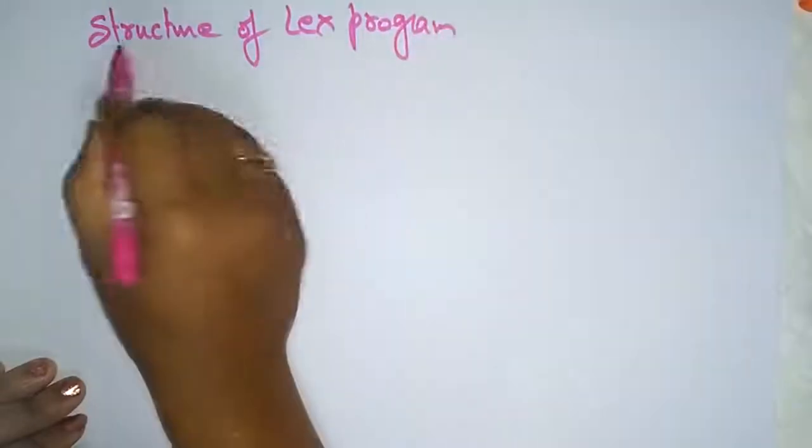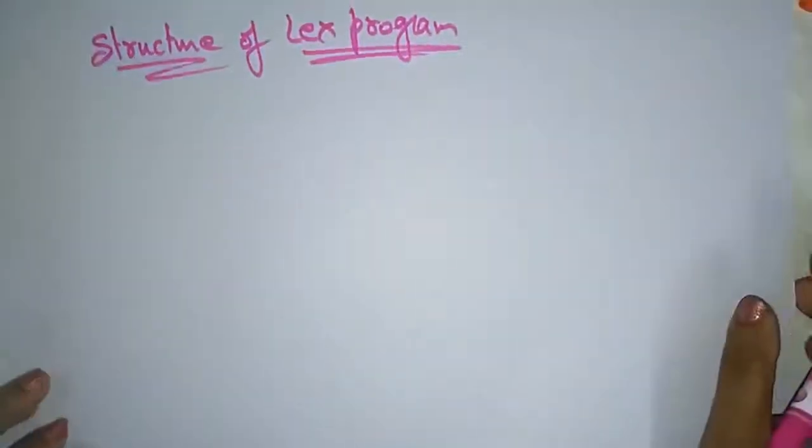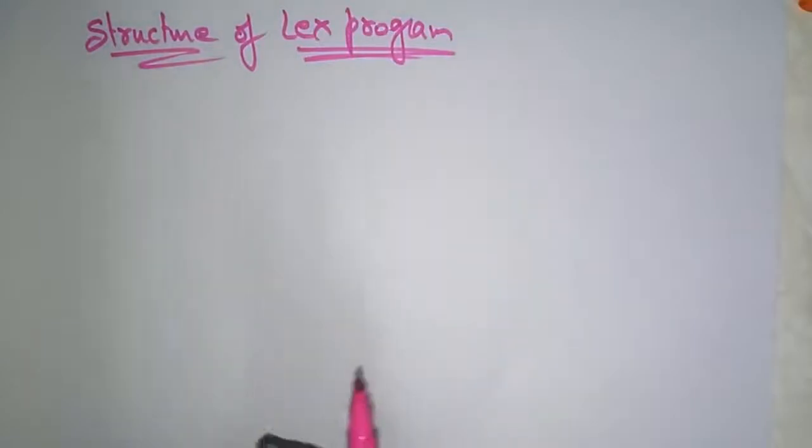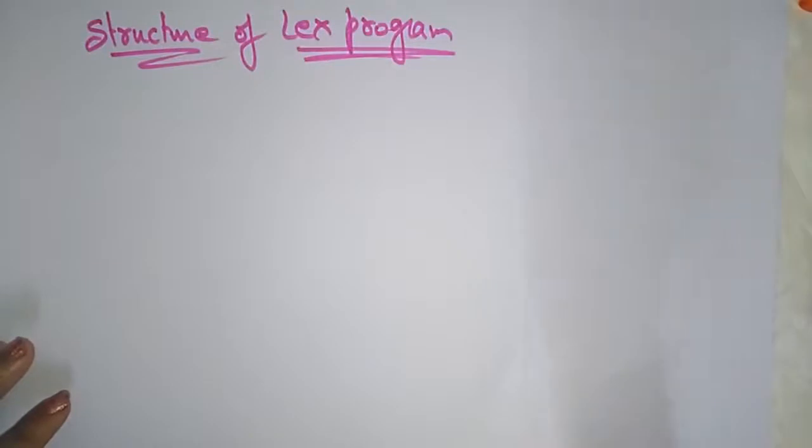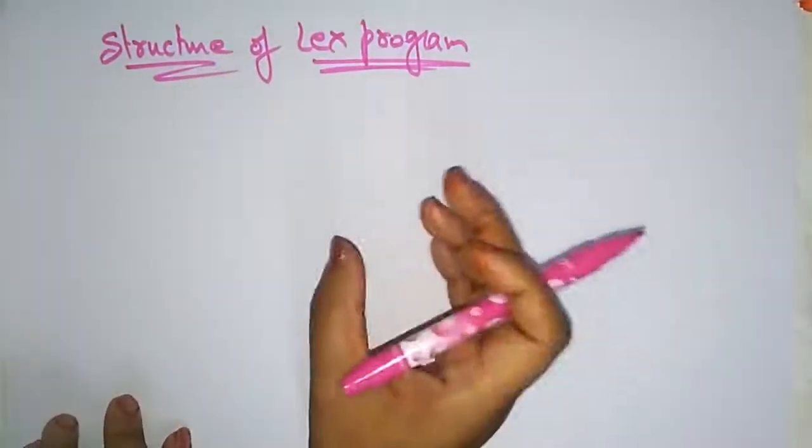So don't be confused, the Lex tool is only a source program which, with the help of the input source code, converts it into what exactly the lexical analyzer wants. So with the help of this tool, the lexical analyzer is going to generate tokens automatically. That is the main concept. With the help of the Lex tool, the lexical analyzer is going to generate tokens automatically. So what is the structure of a Lex program?